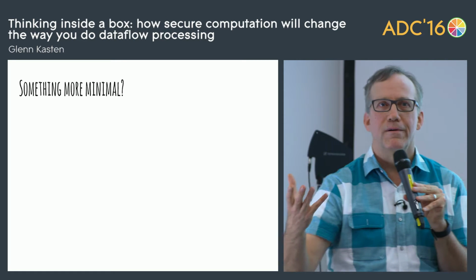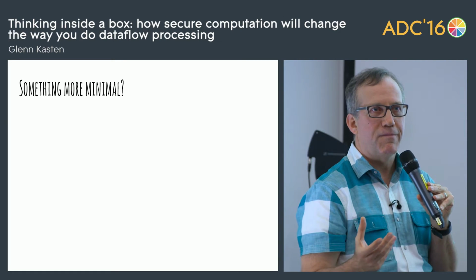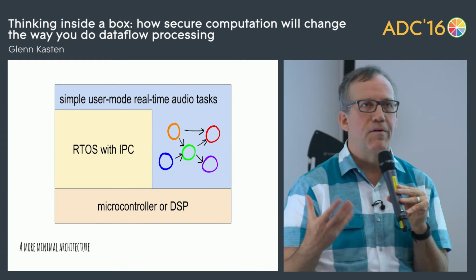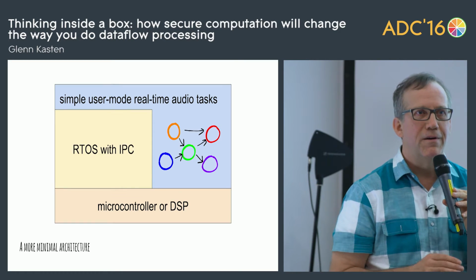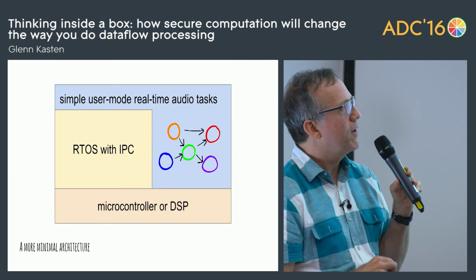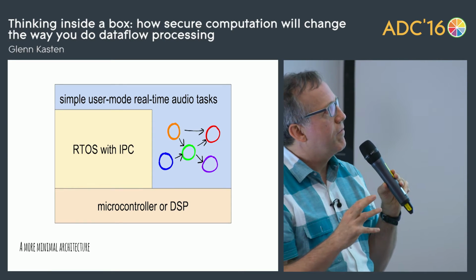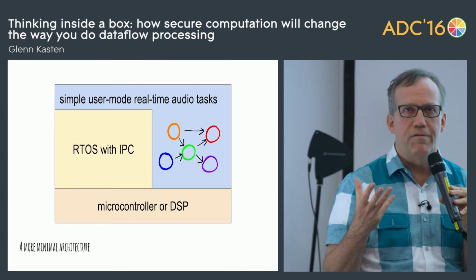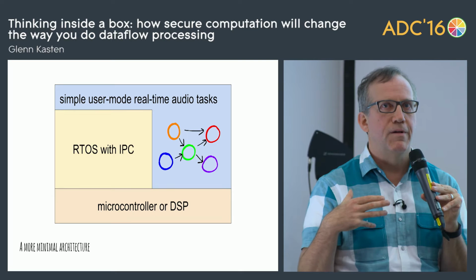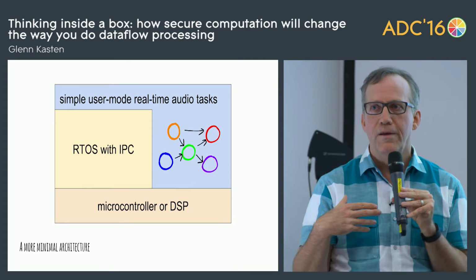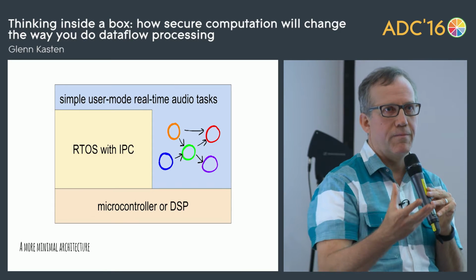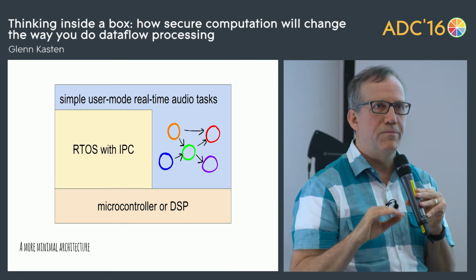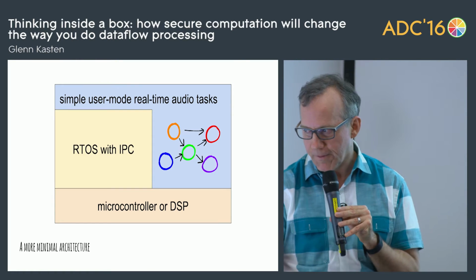Somebody else here earlier, I put out the question, what would be a better operating system? You said no operating system. Yeah, that's certainly fine. Or perhaps a real-time operating system. That's pretty darn close to being no operating system. And we can have the same architecture, run it on an RTOS, and instead of running on a traditional application processor, which has this unpredictable performance, let's run it on a microcontroller or DSP or something like the Bela project, which is an application processor, but it's been tweaked to give more consistent performance.